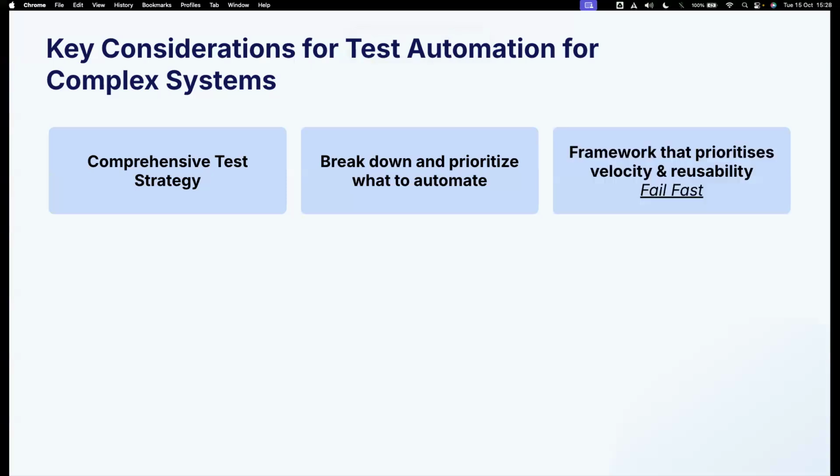Now, the third most important thing would be focusing on a test automation framework which prioritizes velocity and reusability. You want to make sure that if you're able to find defects, you are able to find defects very early. And the sooner you can automate, the more chances that you would be able to identify defects before they go into production